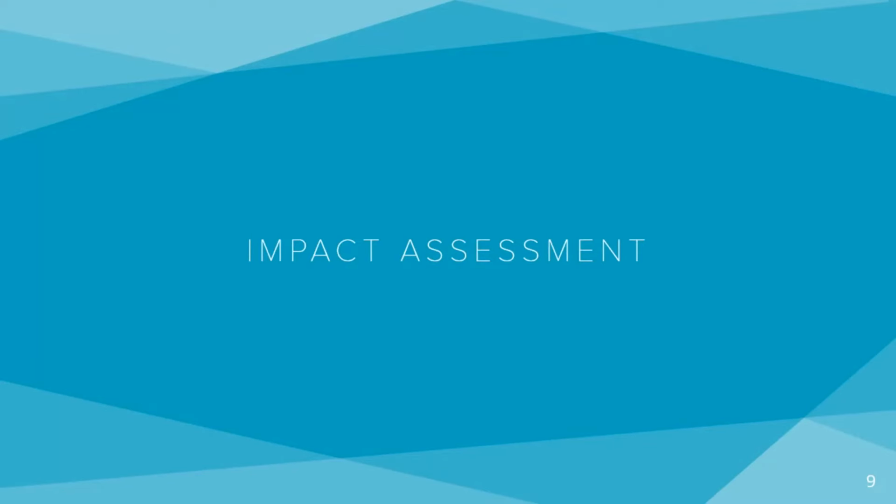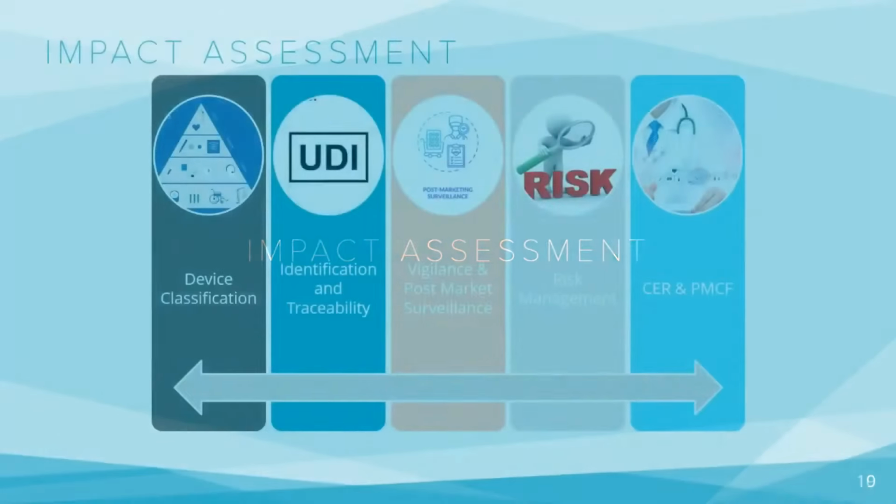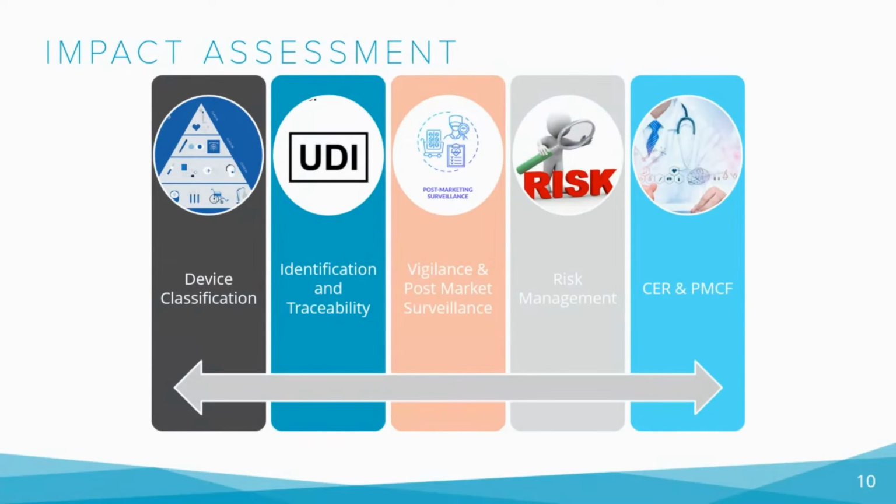The next topic is MDR impact on labeling. The significant changes from the regulation will ask the medical device business to review their MQMS design documents, templates, procedures, and overall process. The following items are key changes affecting the labeling part: device classification, identification and traceability, vigilance and post-market surveillance, risk management, and the last, clinical evaluation report and